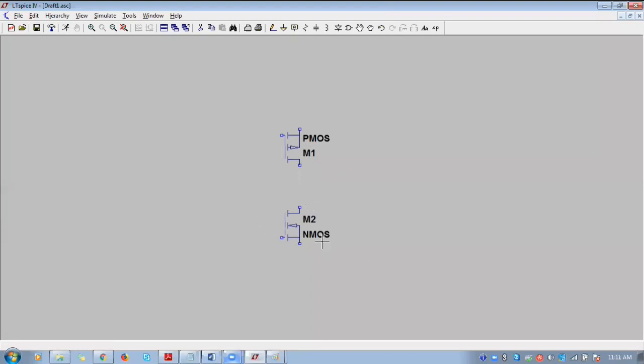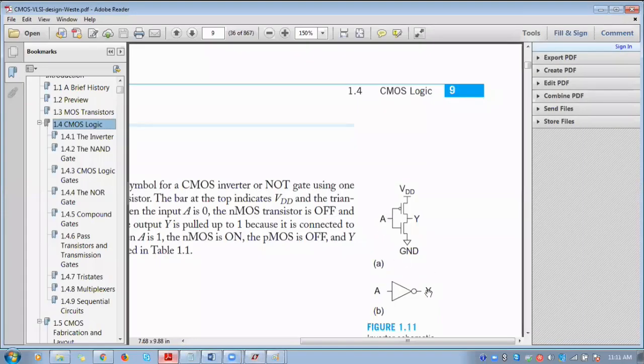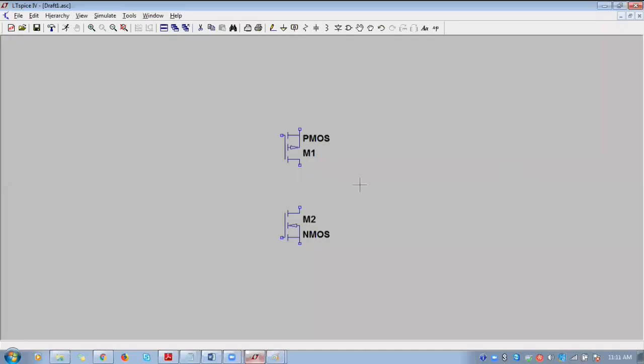Here, the symbol will be slightly different. While designing by yourself, you can use the symbol we have seen here for PMOS and NMOS. Consider an imaginary demarcation line. Above it we connect PMOS because it can provide a strong 1, and below it we connect NMOS because it can provide a strong 0.